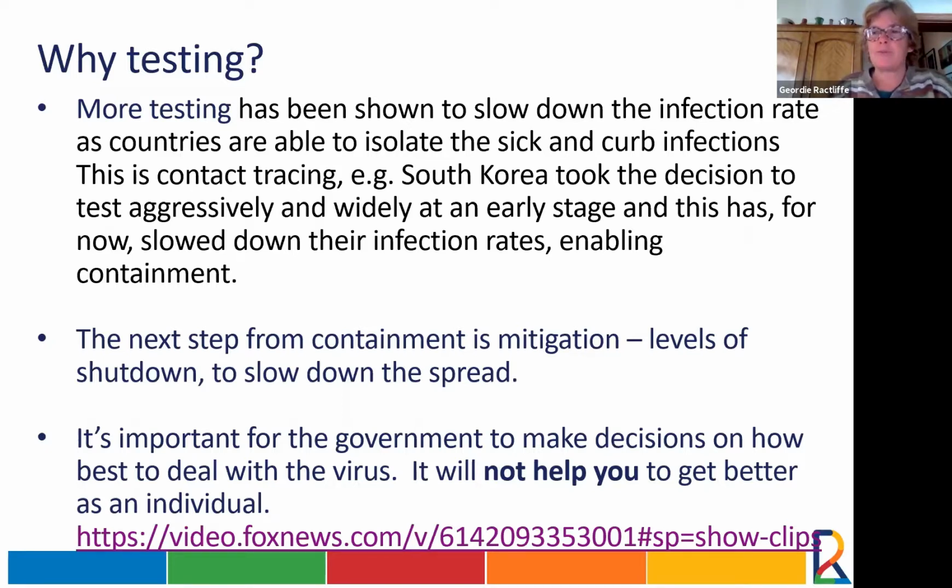more testing. If you could test everybody, for example, if you could just roll out testing, and with that, contact tracing, in other words, tracking. So if you can test people, then you can isolate the sick and you can stop infections from spreading. So that's first prize, obviously. So you test somebody, you immediately say, right, you're sick. Here you go, you're in hospital, or you're isolated. And if you can be stringent about that, then you can nip it in the bud. So South Korea, for example,